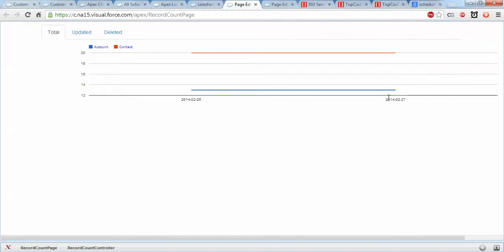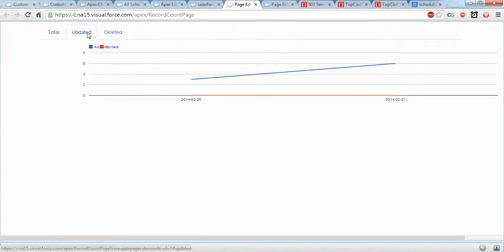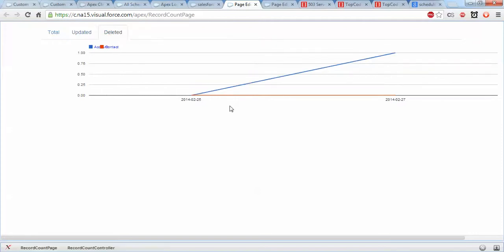So there is no change in the total number of records, but I have deleted one record from account, and also added one record. You will see that for account I didn't update any record. For contact, yesterday I updated only 3 records, and today I have updated 6 records. And for deleted, you will see I have deleted one account record. So you will see a graph between both.